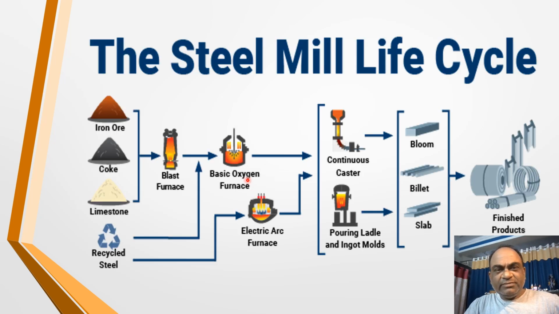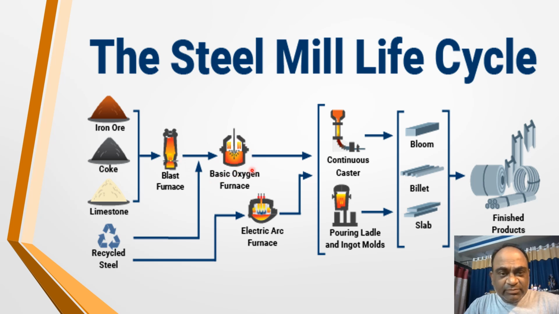This is the steel mill life cycle. Before it reaches the mill and is converted into the final product, it has to pass through different processes. The steel is first primarily manufactured in the blast furnaces, and the iron ore, coke, and limestone are the basic raw materials for the production of the steel. But it produces raw steel. The blast furnace produces the raw steel, and in order to convert it into different grades, it has to again